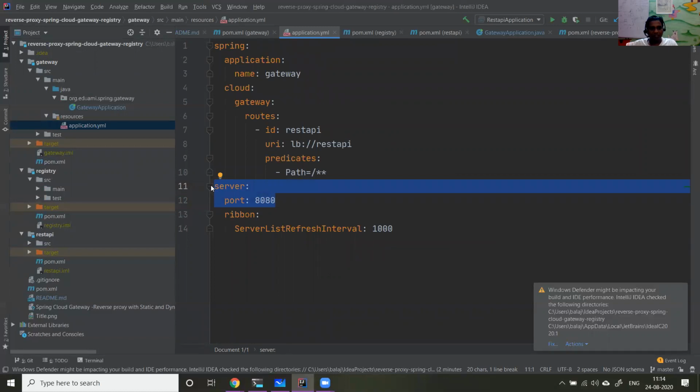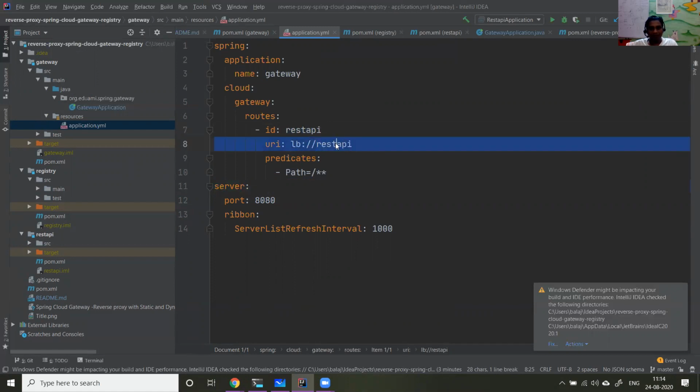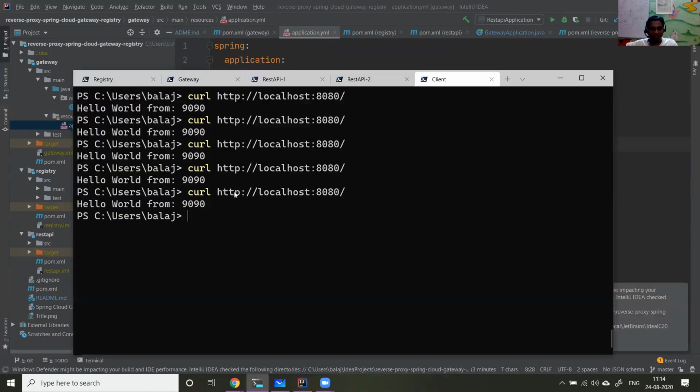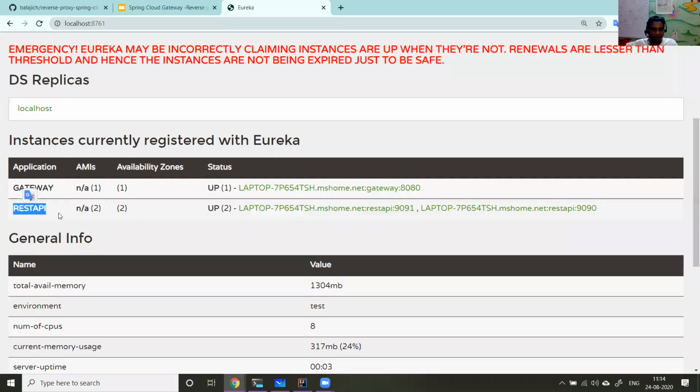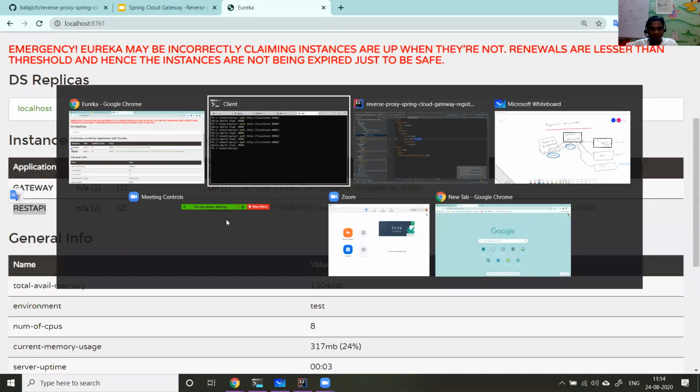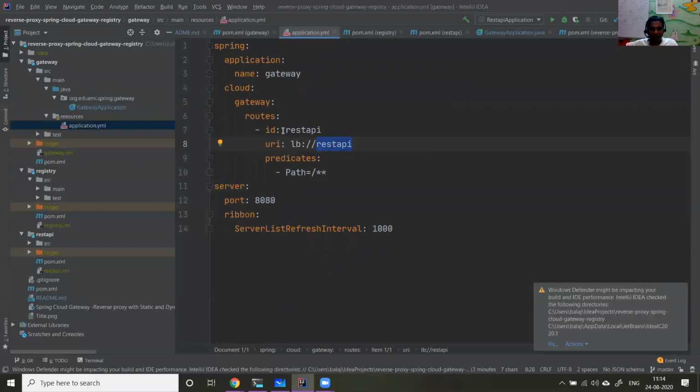The gateway runs on port 8080, and here you can see that it is calling a REST API. This is important. This is your application name. Based on this, it will identify the REST API. For every route there is a pattern, like a predicate, which is the rule that needs to be satisfied.